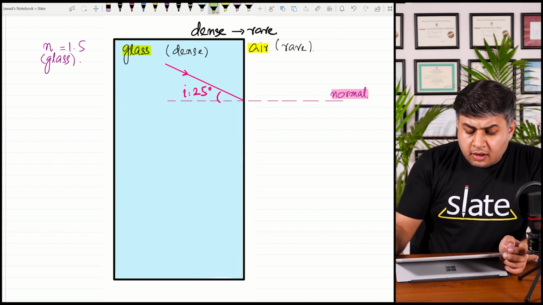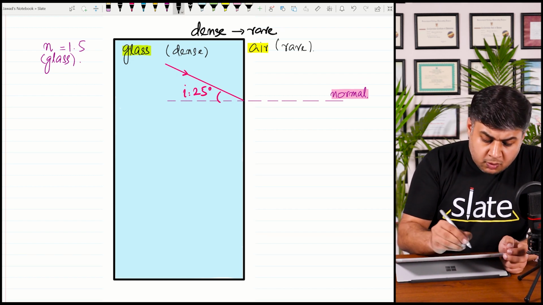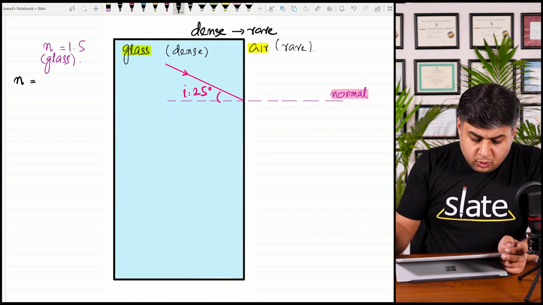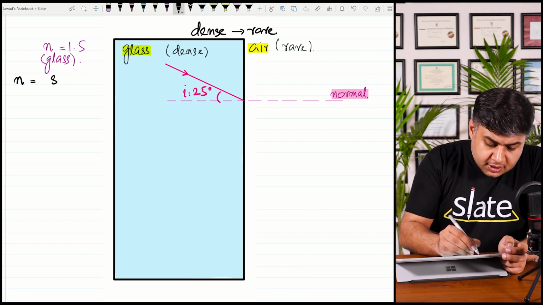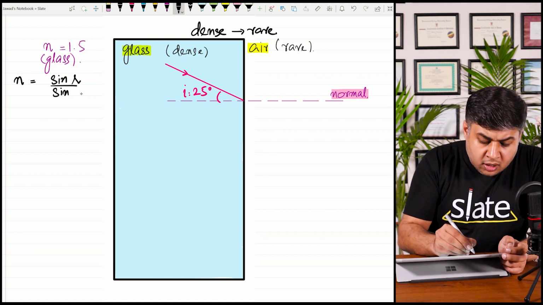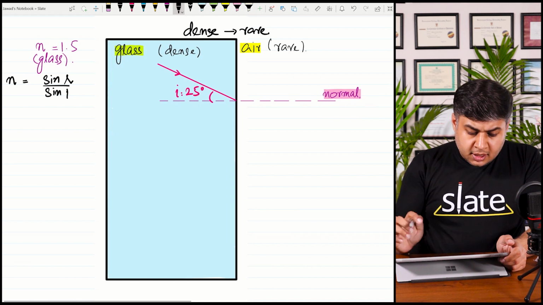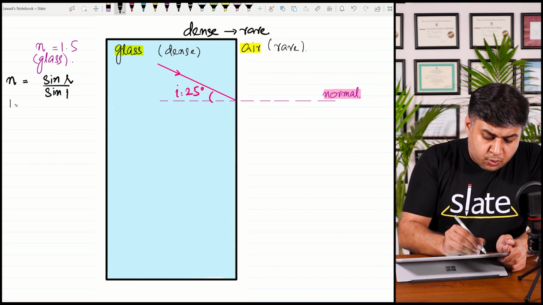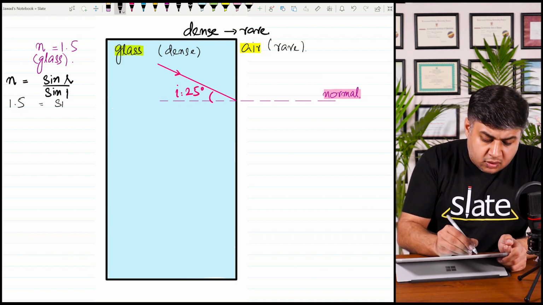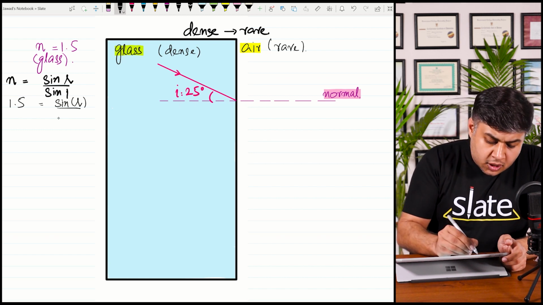What was the formula for the light ray entering from dense to rare? The formula of refractive index was sin r over sin i, because in this case angle of refraction is greater. Let's substitute the values. Refractive index is 1.5. Angle of refraction, we have to find the value of angle of refraction, whereas the angle of incidence is 25